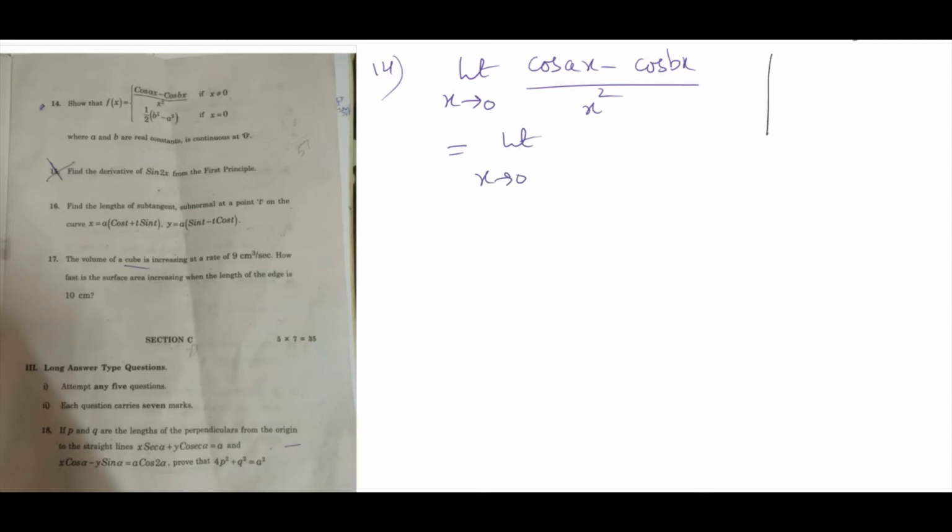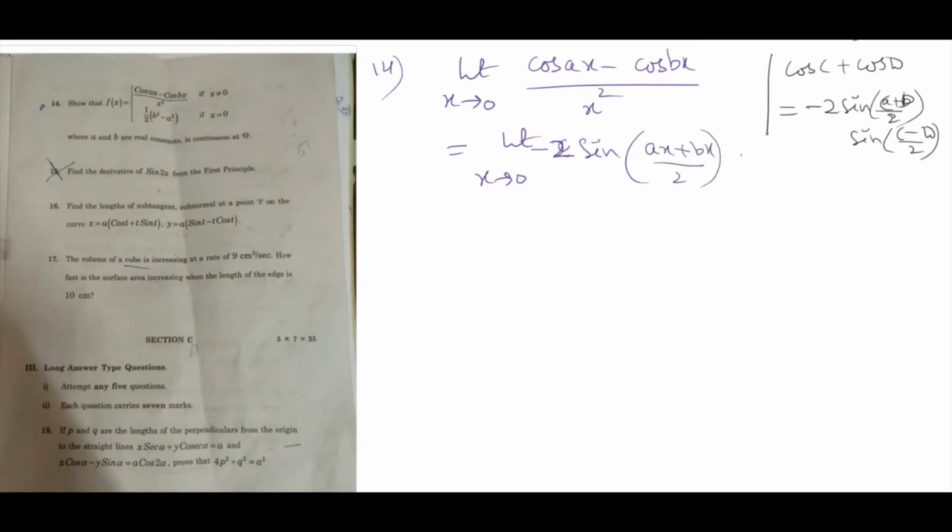Here apply the cos c minus cos d formula. Cos c minus cos d equals minus 2 sine c plus d by 2 into sine c minus d by 2. So here, limit x tends to 0, minus 2 sine of ax plus bx by 2 into sine of ax minus bx by 2